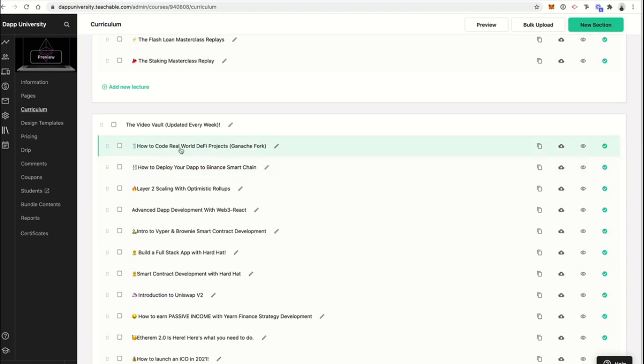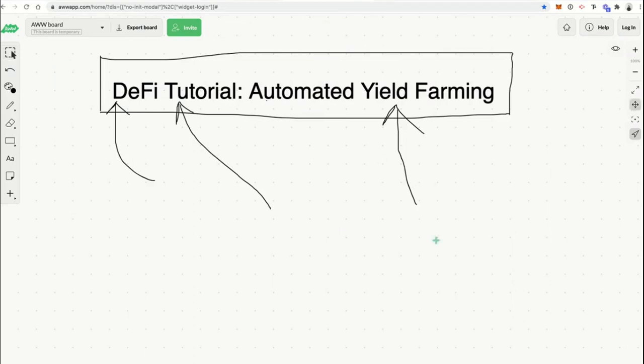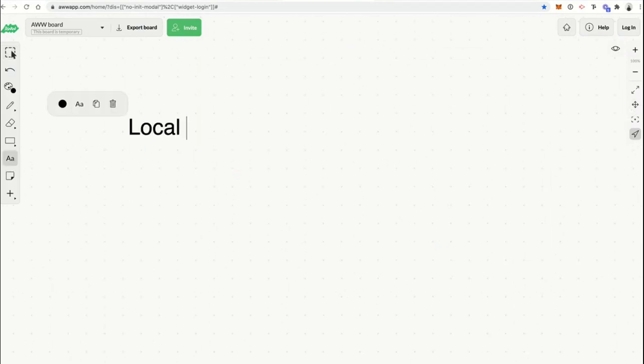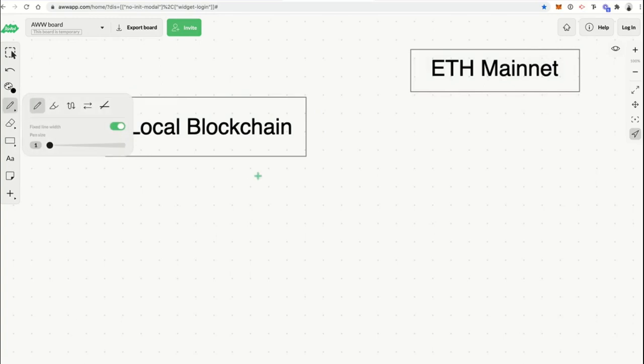So if you see this video right here, how to code real-world DeFi projects with Ganache hard fork, watch this video for a recap on the full explanation on this. But essentially what we're going to do is run a local blockchain that is a copy of the main Ethereum blockchain. So we'll say ETH mainnet. We're essentially going to fork the Ethereum mainnet, the state, and we're going to unlock all the capability of this. We're going to pause it, freeze it in time, and code against it